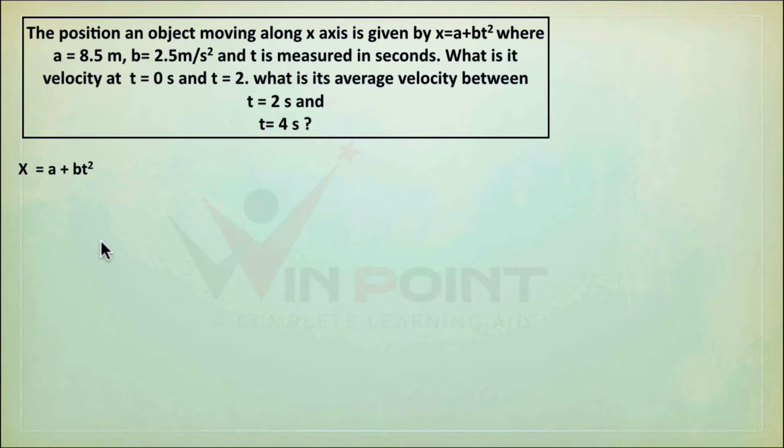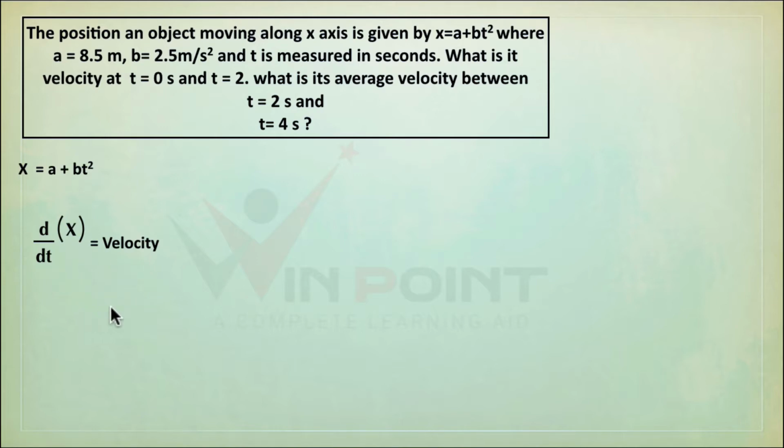We already discussed differentiation means it is a study of change. Here we are studying change with respect to time, that's why we are using d by dt. D by dt means study of a variable with respect to time. Here the variable is x, so we are going to find d by dt of x. D by dt of x means it is velocity because x is displacement. Rate of change of displacement is velocity. So d by dt of x equal to velocity.